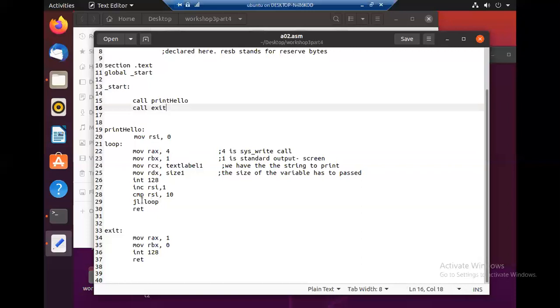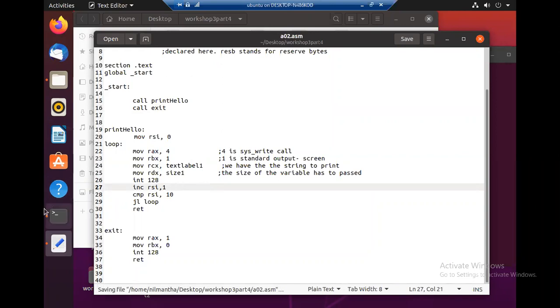So you can even use other conditional jumps. So you can initialize this to 10, and you can decrement this always by 1 and compare with 0. That means this loop variable is initialized to 10 and then decremented, and if it is greater, then loop, otherwise return. So you can implement the same thing in numerous ways. So this is how I have implemented. So you can try other ways also, but the output should be the same.